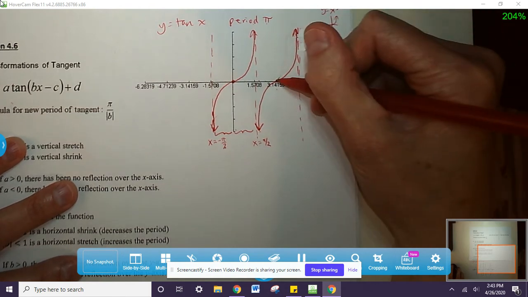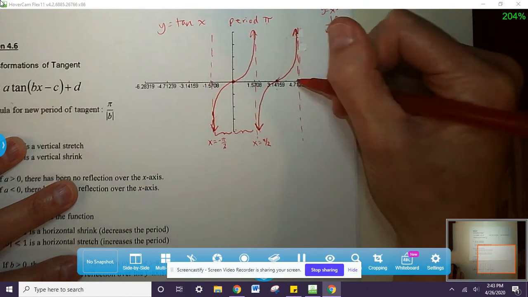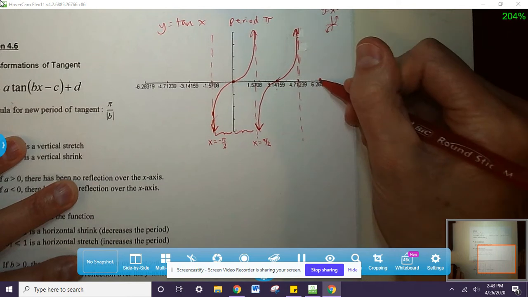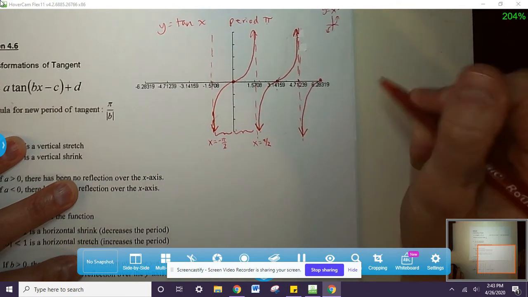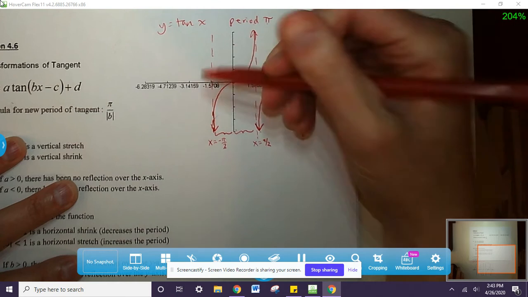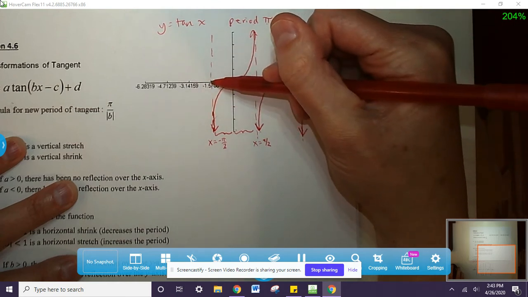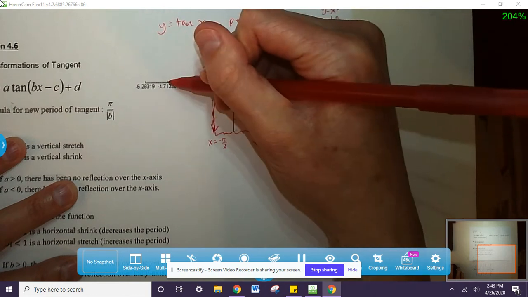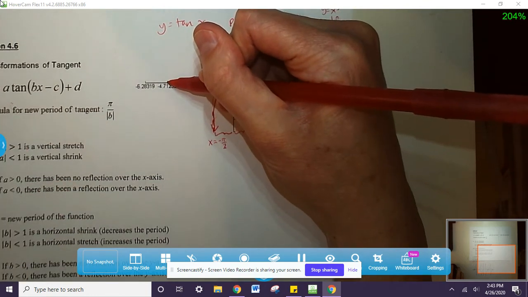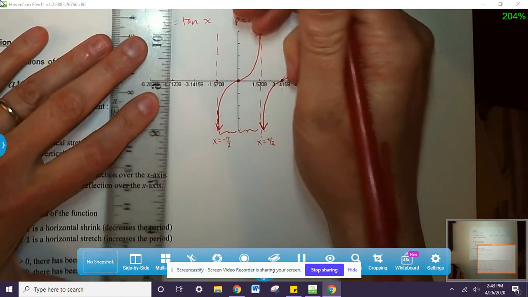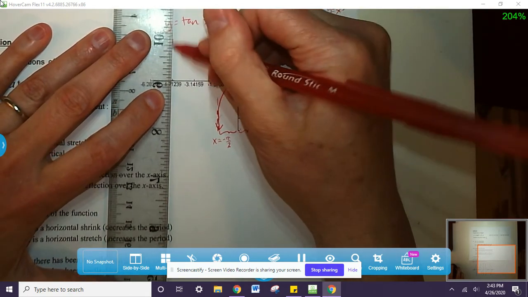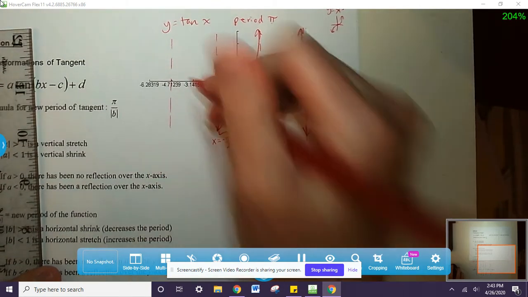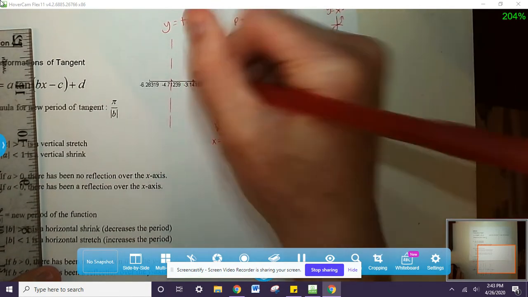So one tick mark away was an asymptote, so the next tick mark will be an intercept. And to keep this pattern going, this one must be concave down, coming down toward that vertical asymptote. If we want to fill in the part of the graph to the left, if we are at negative pi over 2, we want to go to negative 3 pi over 2 for that next vertical asymptote. Halfway between the asymptotes, you're going to have an x-intercept. And then you can fill in the shape,